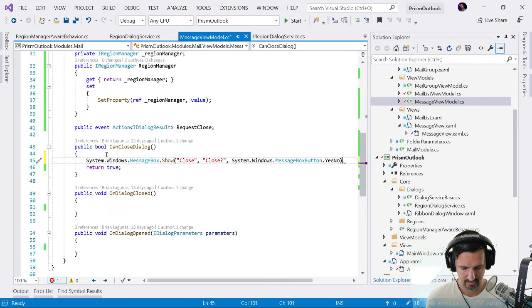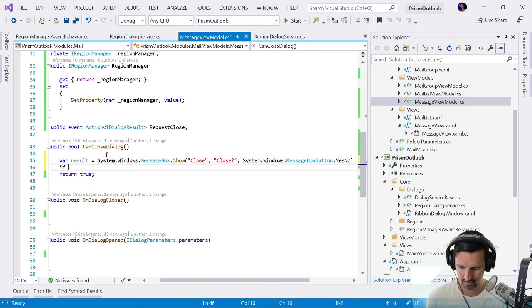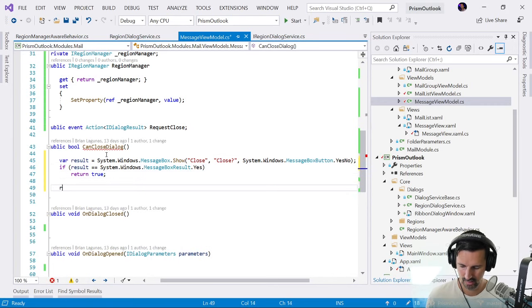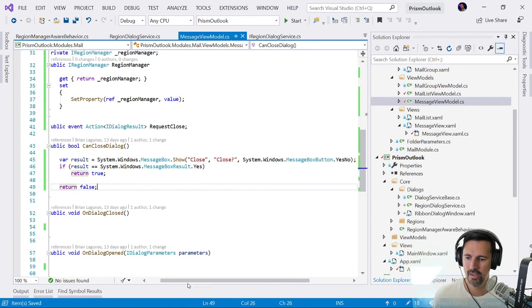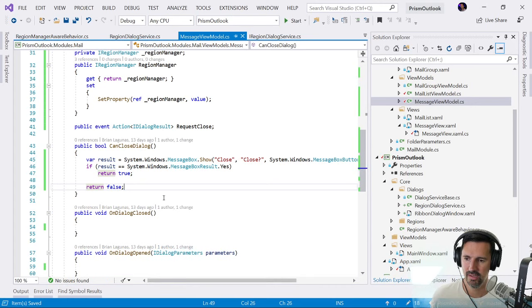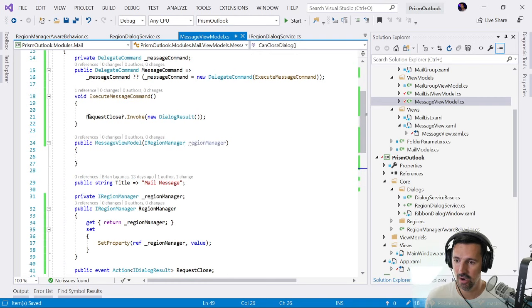Yes, no. If results equals yes, close. Turn false. Okay, so I just want to see... Oh, but I don't want to navigate to the same view. Crap. I don't want to... Oh, my God. I want to test this to make sure that I can navigate around. So, for example, instead of closing here,